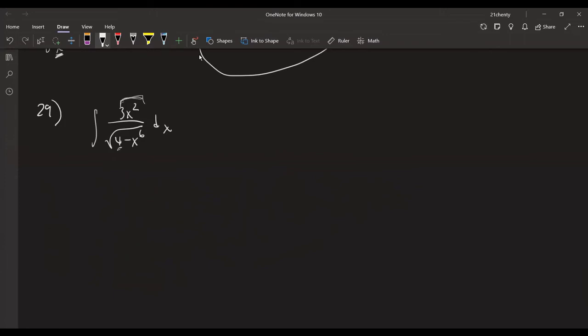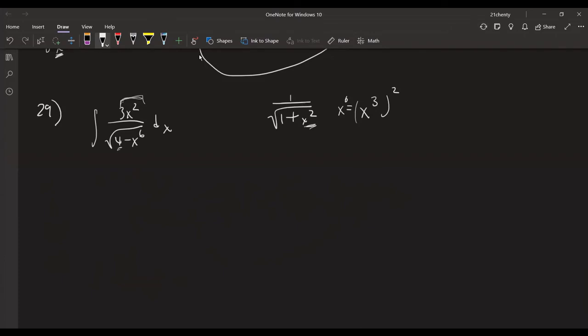And similar to above, we can notice that if we u-subbed to get here, 1 over x squared, or I'll just write this, to get the x squared here, well, x to the 6th is just